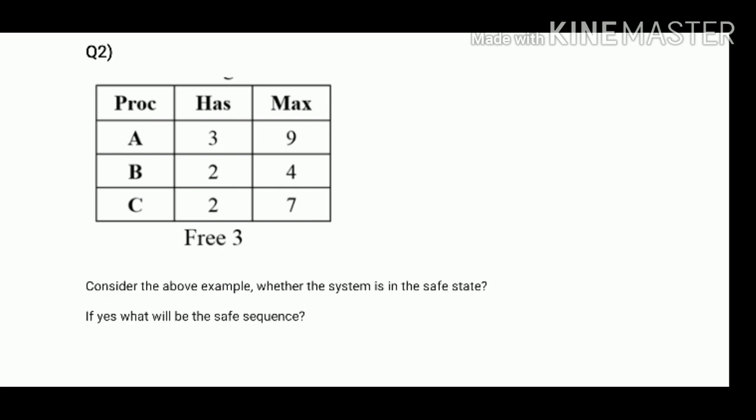Okay. The second question also, what do we have to do? We have to first find out, as it is not directly given, the total count of the resources in the system. So what we are going to do? First find out the total number of resources, that is 3, plus the number of resources which is in the has matrix. We add them and we are going to find the total number of resources. So these two questions you have to solve and send through the Google form, send the answer.